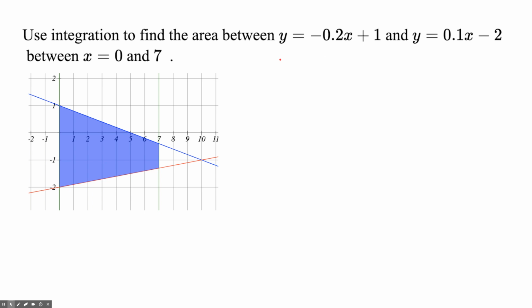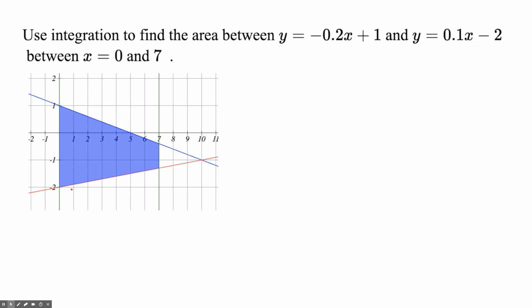So in this example, we want to use integration to find the area between two functions. The first one is y equals negative 0.2x plus 1, and the second function is y equals 0.1x minus 2. So in order to find the area between these two functions, we need to know which one is the greater function, the one that's on top, and which one is the smaller function, the one on the